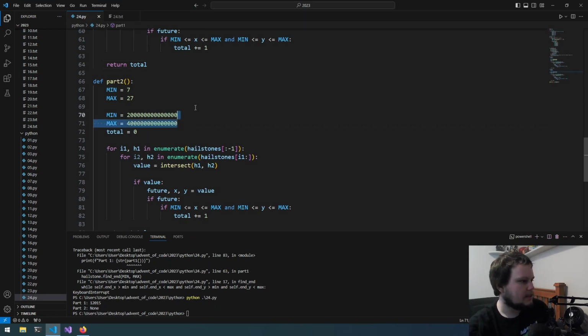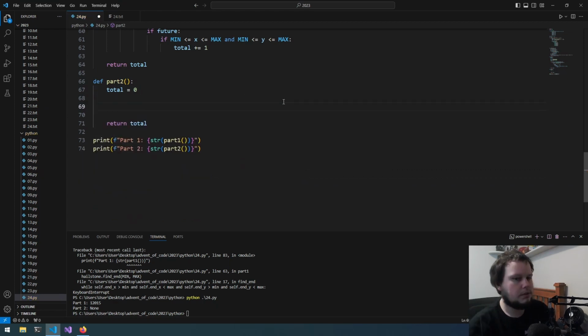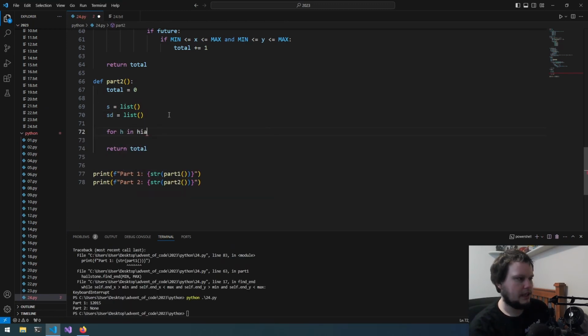So quite a lot is different in this. So we can remove everything for now. With our hailstones, we are creating 2 lists. There is S and then SD. Then for H in hailstones, s.append